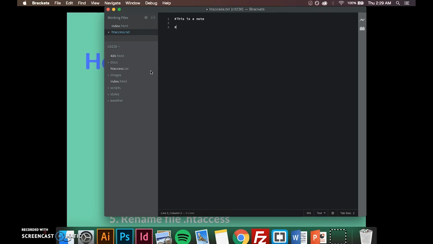So I'm going to say error document for my note, and to show that you're going to be using an error document, you'll want to type a capital E, error, no space, capital D, document. Then you'll want a space, and I'm just going to use my 404 HTML page. So ErrorDocument 404 space slash, and then your file name, whatever that is. Mine is 404.html. And then you'll want to hit save, command save, and you'll come over here to FileZilla